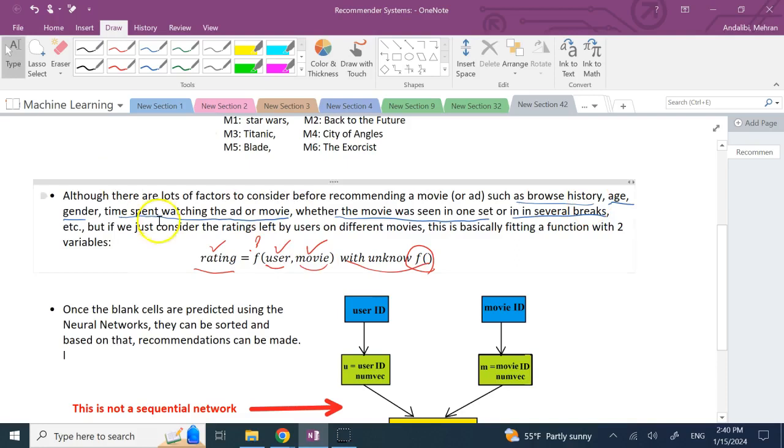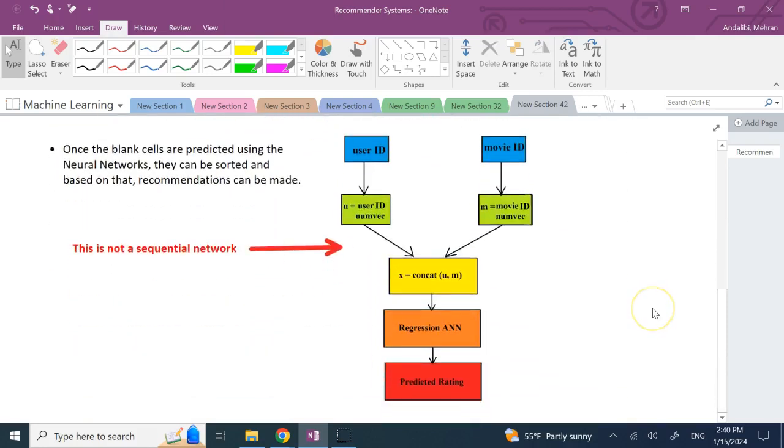Now, what is one problem that we have? The first problem we have is the user ID and the movie. In general, these are categorical things. So this movie is a name and this user is a name, okay? So we have to turn them into numbers. One thing we can do is to turn these names of people and movies into a bunch of numbers. And if you remember, this is what we did in natural language processing.